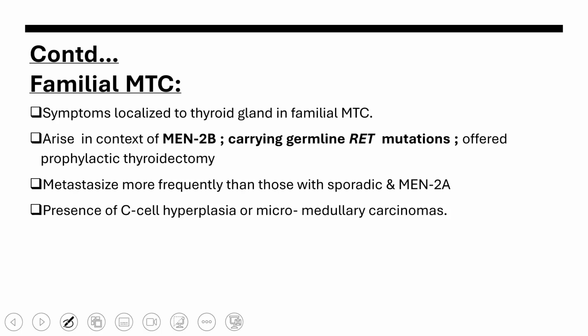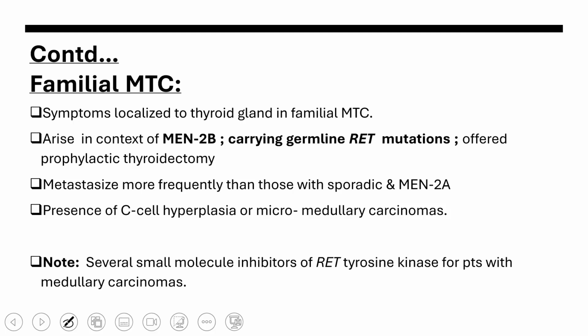There is the presence of C-cell hyperplasia or micromedullary carcinomas. Several small molecule inhibitors of RET tyrosine kinase can be useful for the treatment of patients with medullary carcinomas. It carries a germline mutation in the RET gene, so RET tyrosine